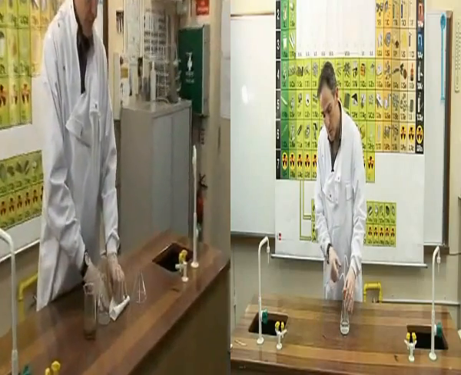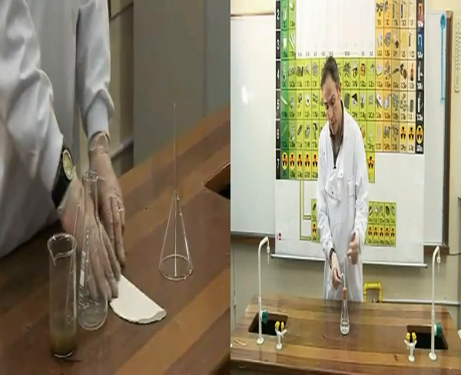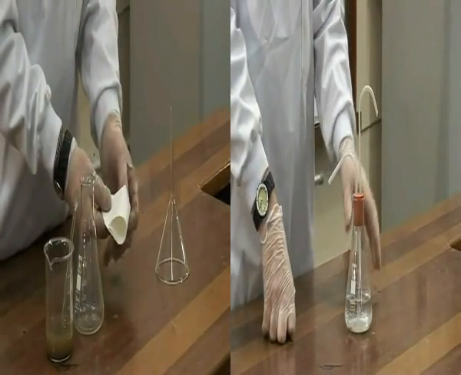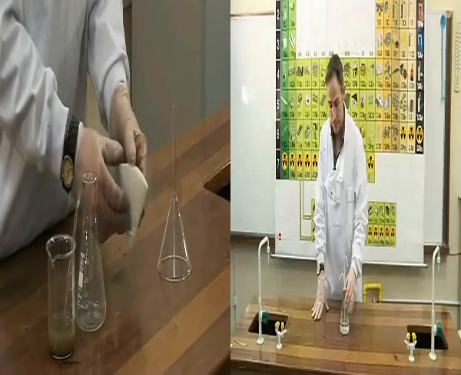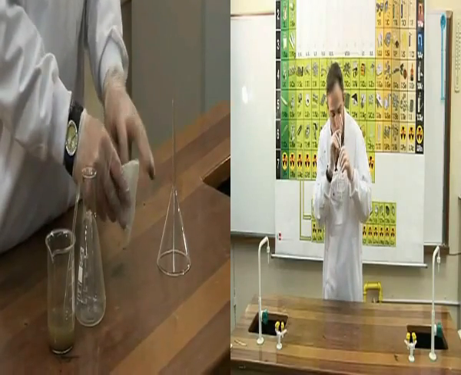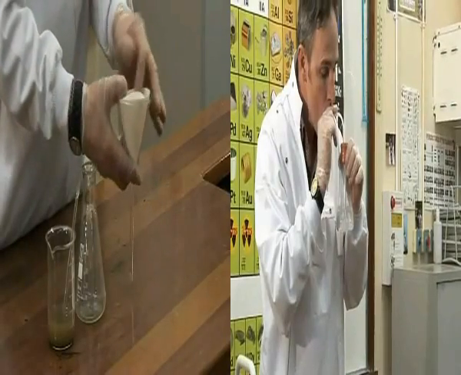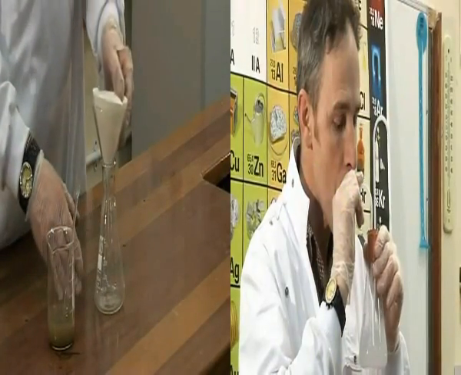Firstly, we fold the filter paper. And an easy way to do it is to fold the paper in half and then fold it into quarters. And then if we open the first section, it forms a nice conical shape which will fit inside our filter funnel. The funnel is placed on a conical flask